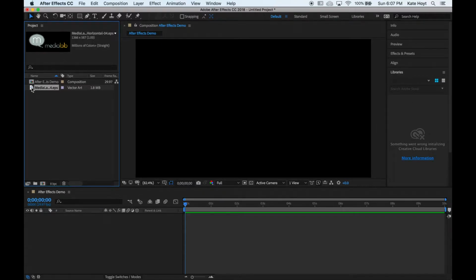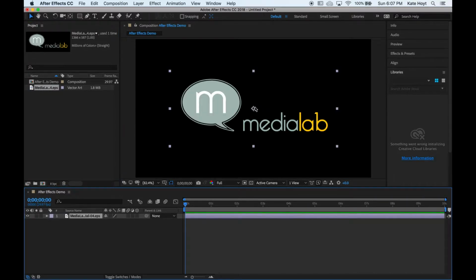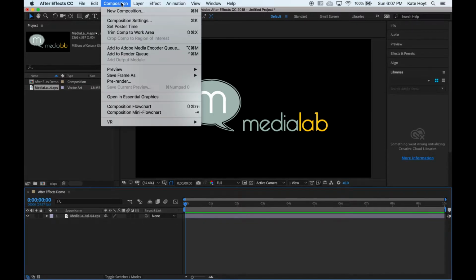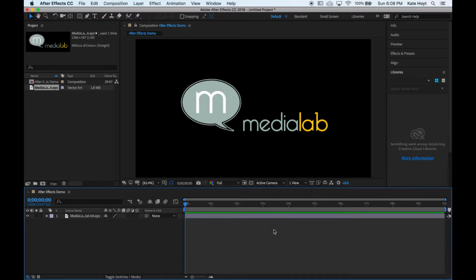So for the media logo, I'm just going to click and drag it over to my composition, and you can kind of see what it looks like. So we have this MediaLab logo with this black background, and I actually want a white background instead. So I could go into my composition settings and change the background to white, but instead I'm actually going to